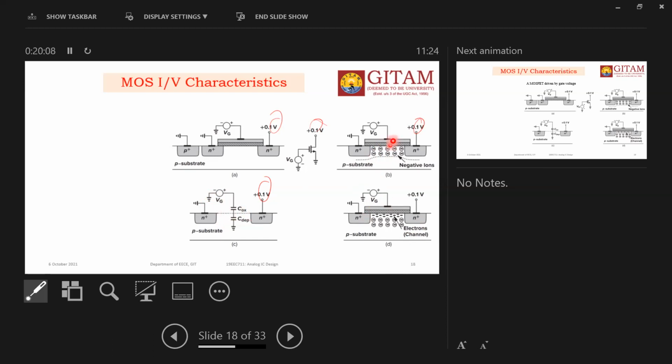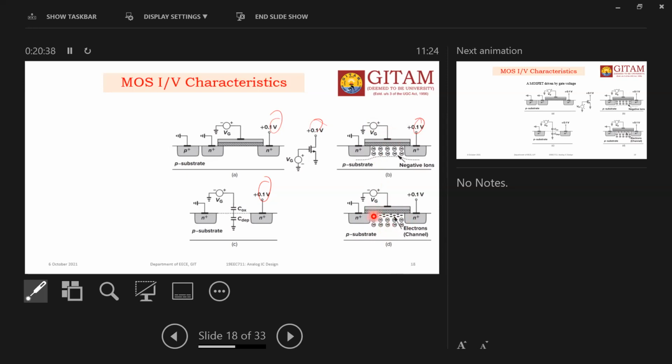So this is the depletion. Earlier was what? Accumulation. The second one is depletion. The third one is when you increase the gate potential further. What happened? Whenever more positive voltage is applied, at this place, earlier it was P type, slowly it is converting to negative type, that means N type.